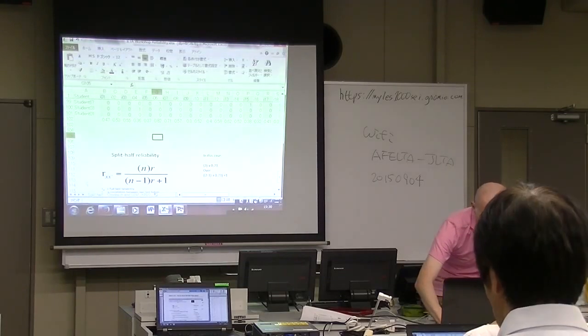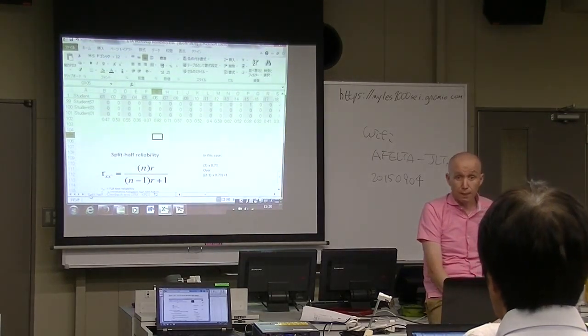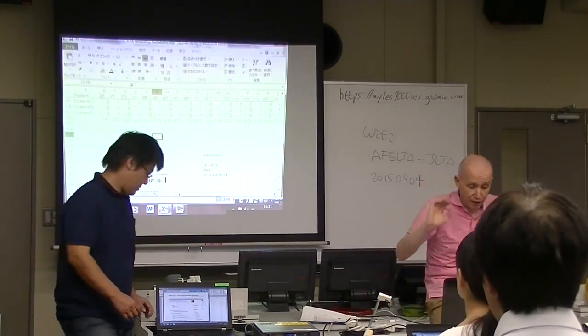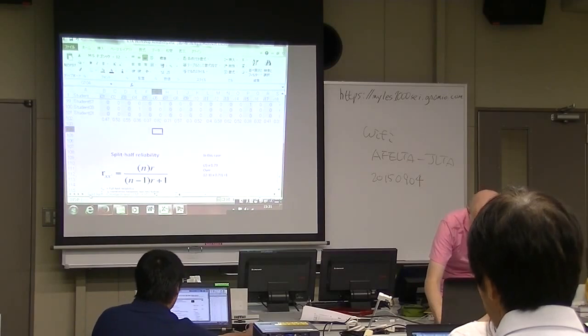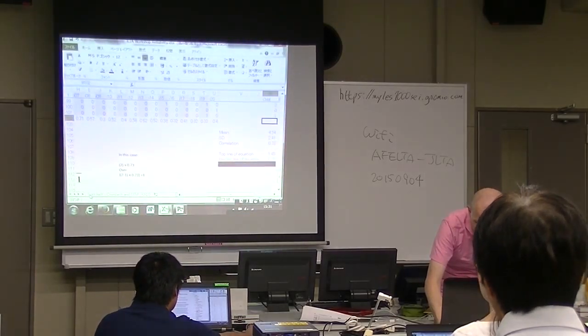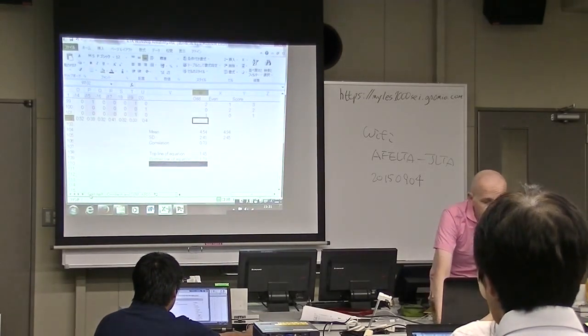Okay. So is everyone on the split half sheet? Yes? Split half, okay? Okay, good. Okay, now you can see in row W,